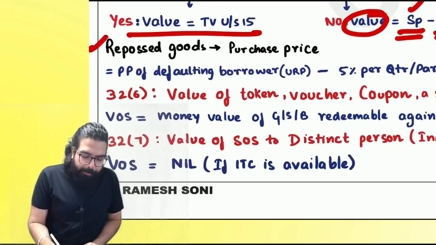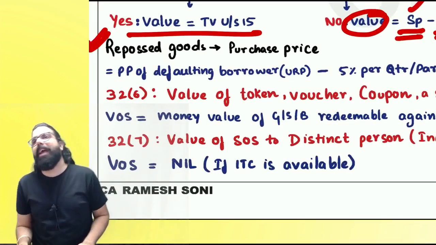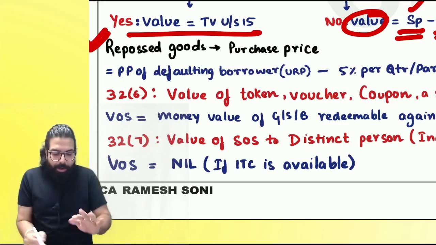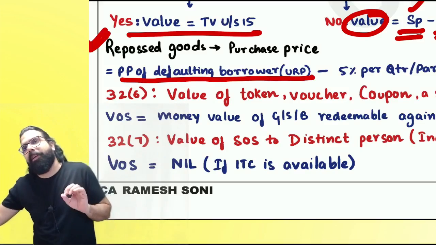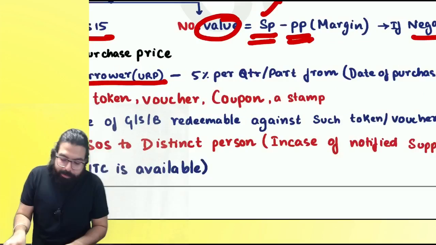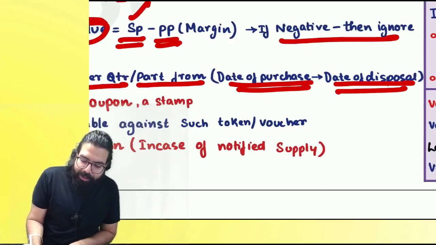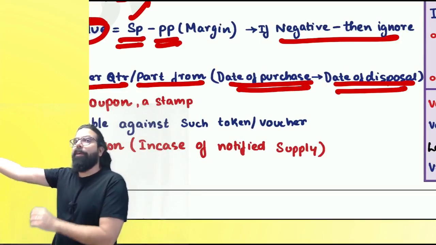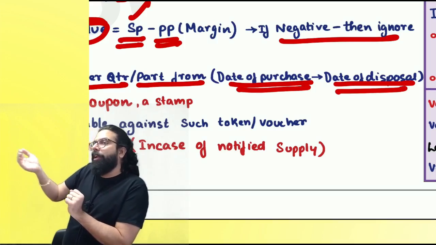Everyone over here, remember one thing, if you have gone ahead and repossessed, in case of banks, what will happen? Bank will repossess a bike, etc., and they will go ahead and sell. In case of a repossessed bike, etc., whatever is the purchase price of the defaulting borrower, that is the unregistered person from whom the bank has gone ahead and taken the bike back, minus 5% per quarter or part thereof from the date of purchase till the date of disposal. You bought a bike for 1 lakh rupees. Now, what will happen? Bank will repossess the bike if you don't pay the EMI. Your purchase price, say 5% will be reduced per quarter.